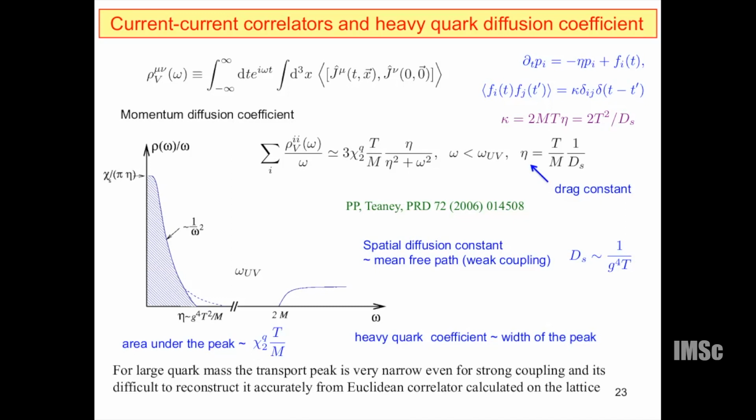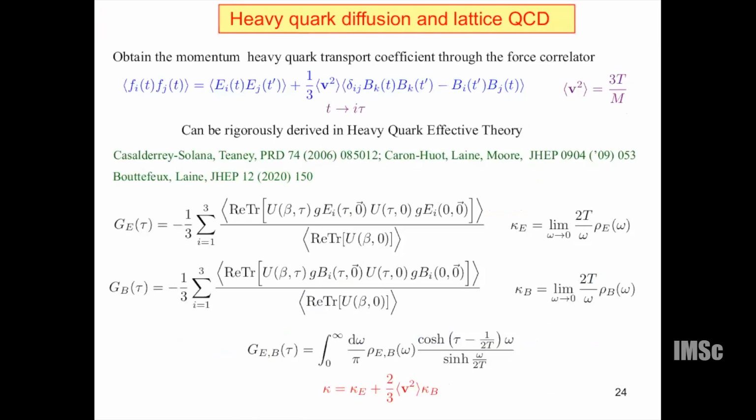And what we try to do on the lattice is actually to calculate it, and the idea is simple. Instead of trying to reconstruct the whole current correlation function, we want to estimate the force-force correlation function in Euclidean time. The force in QCD is just the color Lorentz force. So you could write the autocorrelation function of the force acting on the heavy quark as a chromoelectric correlator and a chromomagnetic correlation function. And this correlation function, you can calculate on the lattice using Euclidean time,